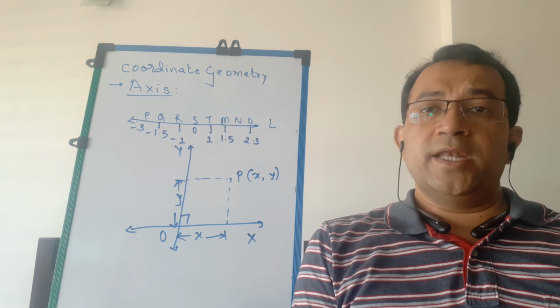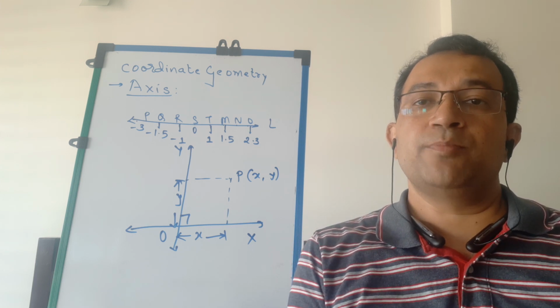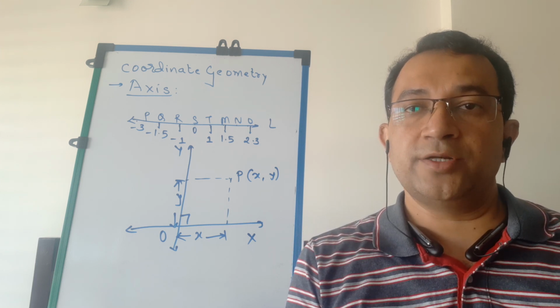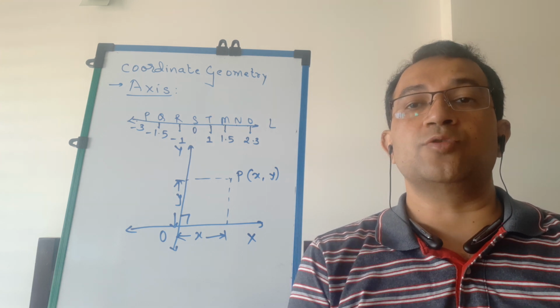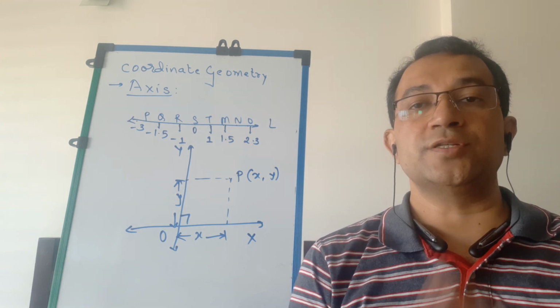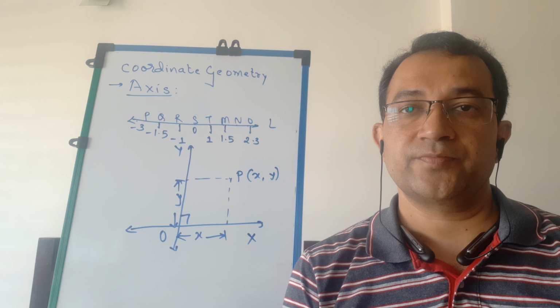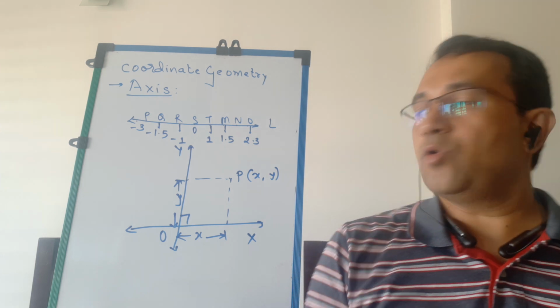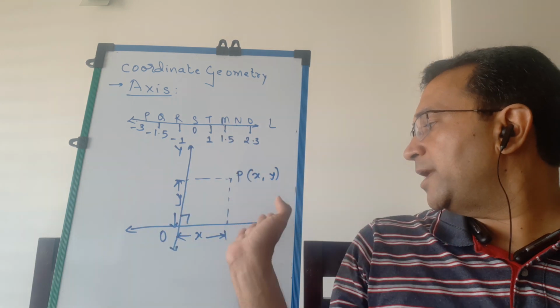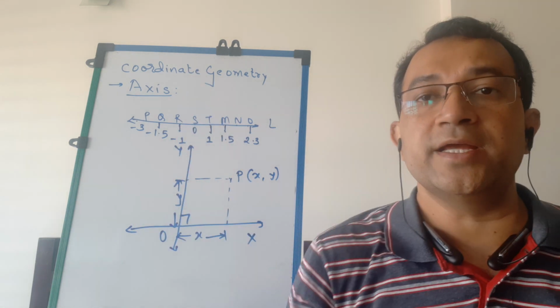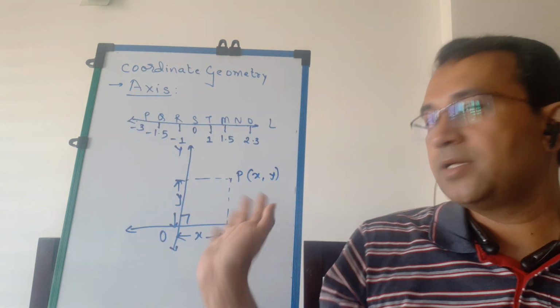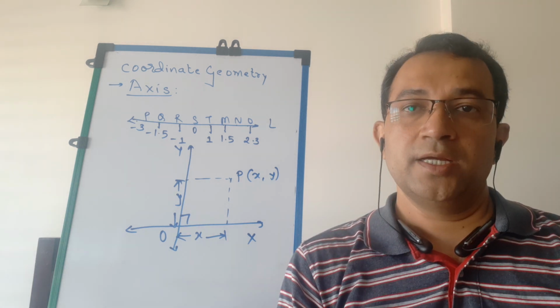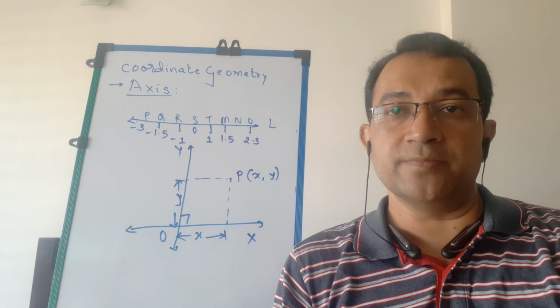So students, whenever we are dealing with a point in coordinate geometry, we have to specify the coordinates of the point with respect to the axis. Now students, you have already studied that the coordinate axes, x-axis and y-axis, divide the plane. The plane is this whiteboard. Any fixed boundary is a plane.